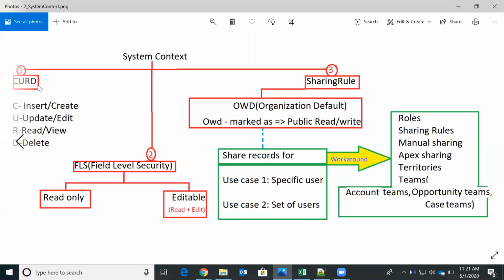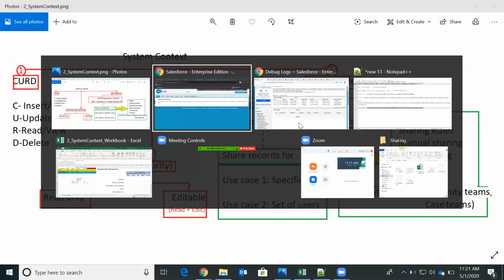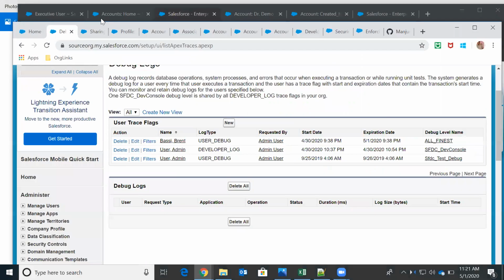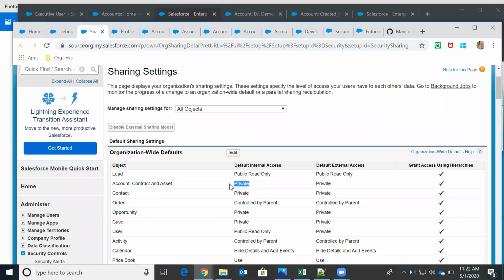CRUD permissions are not there, and FLS is not there; I have not enabled any value. So in system context it takes the highest value, and it will take all these permissions at the profile level. Even if they're not there, it will consider them, and for the sharing rule OWD it will give public read write. But what is our OWD? We will see our OWD is private.